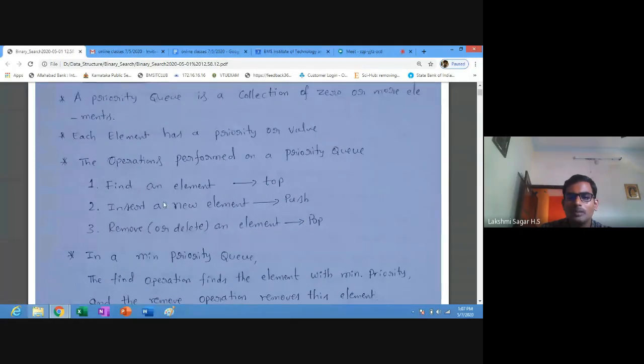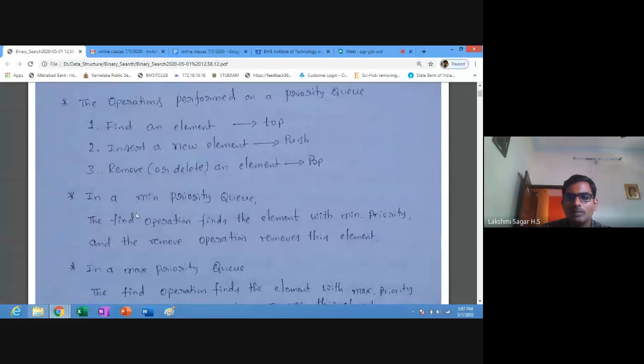So in a min priority queue, what is a min priority queue? The min priority queue can be used to find the element with minimum priority, and the remove operation removes this element.